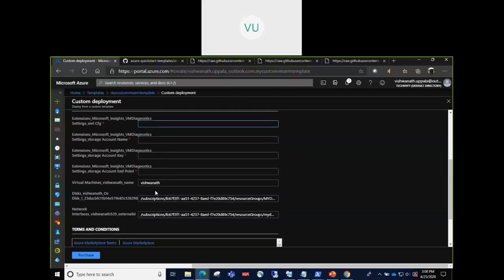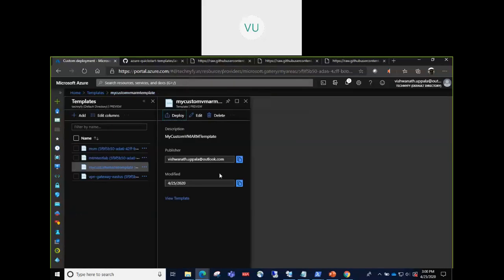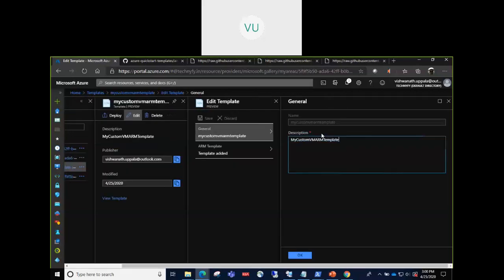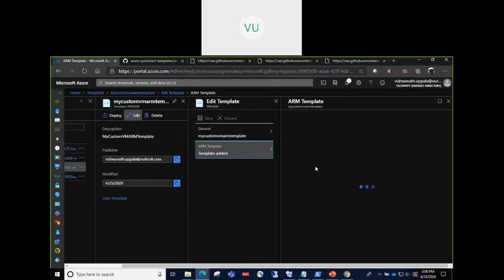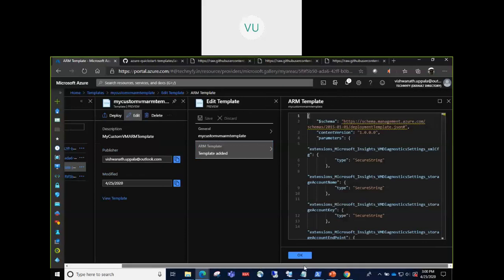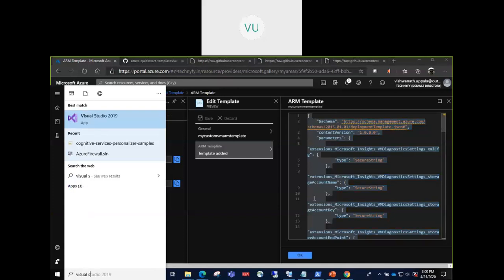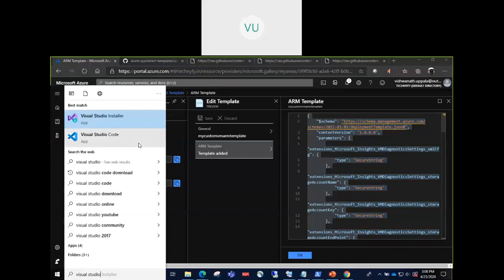Let's understand this ARM template. Edit. Let me just take this and we can use Visual Studio to look into this ARM template.